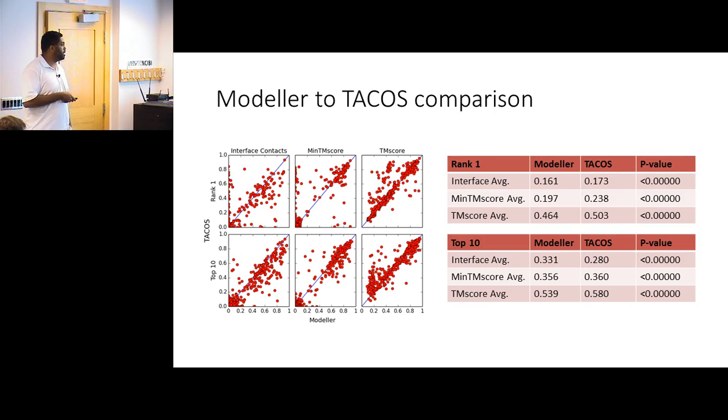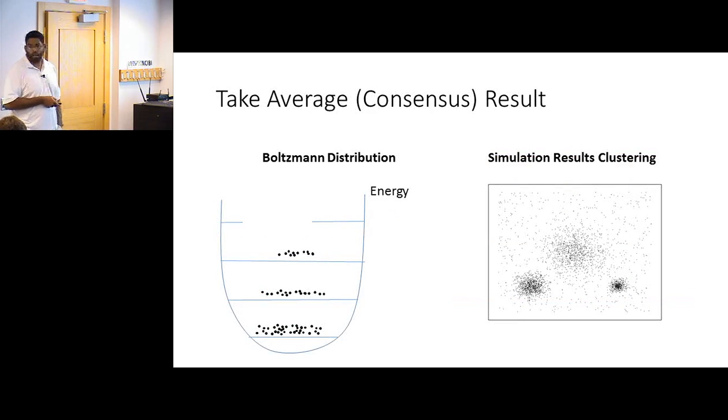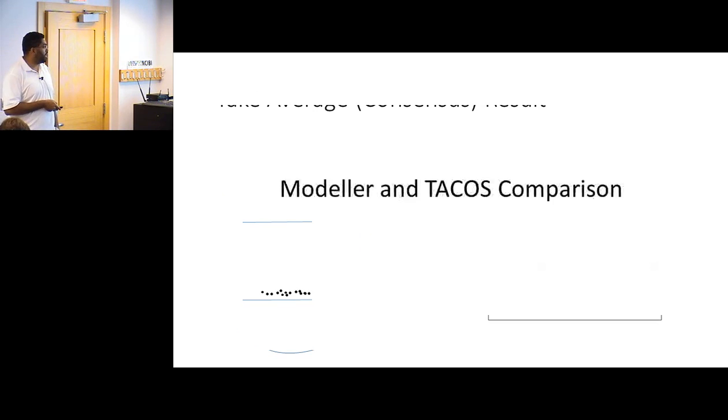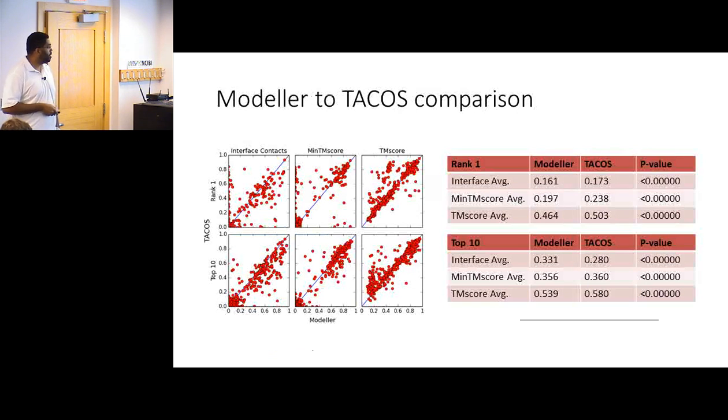But TACOS, because we do this clustering here, the structures that are closer to native should cluster together. So we're seeing that they are going towards the right spot, and we can usually get the biggest clusters usually have our best model. And that's what you're kind of seeing in this re-ranking here. But in the top 10, there is usually a template in our set where MODELLER is able to find a medium to high resolution solution.